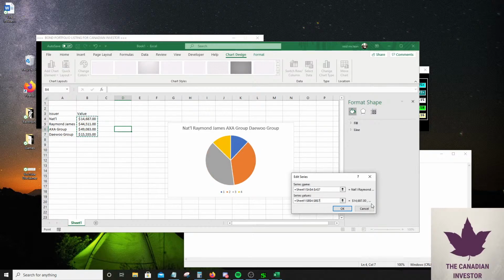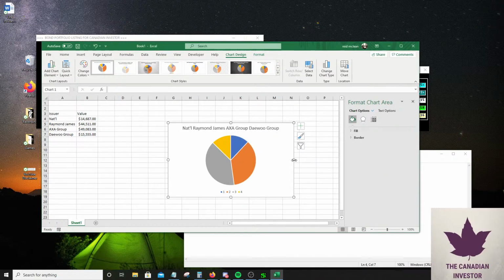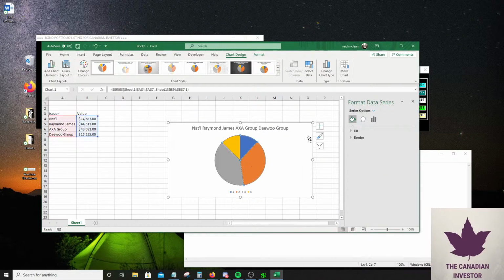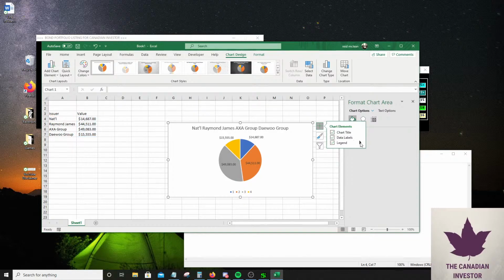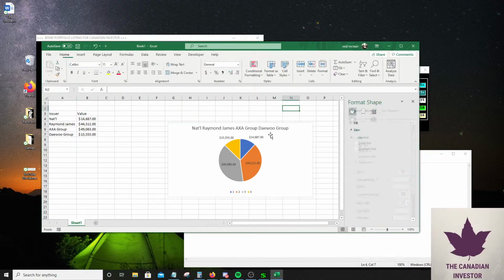Select that. We have a bit more of a visual representation of where our value in our portfolio is, basically. I think if we could do also data labels. I want to do data labels. Can we do legend? I want to do more options. I want to probably change around this a little bit. It doesn't show names though. That's the one problem.